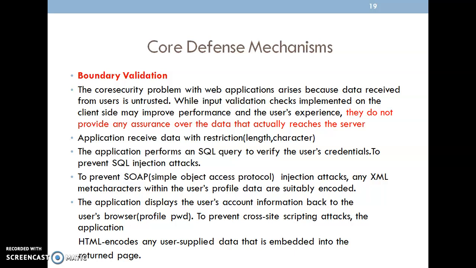Then the second one is SQL injection: you make use of parameterized queries so that you can avoid SQL injection attacks. Then SOAP attacks, simple object access protocol. You have to make use of XML metacharacters to be encoded first, so that the user cannot access these with simple coding.